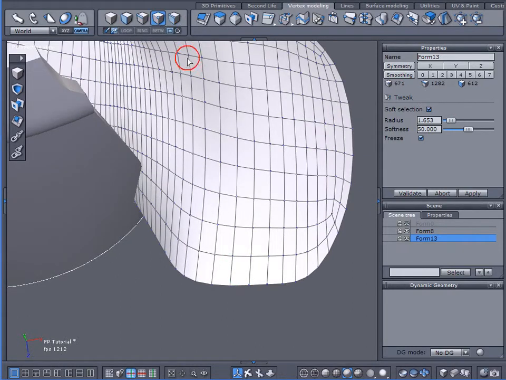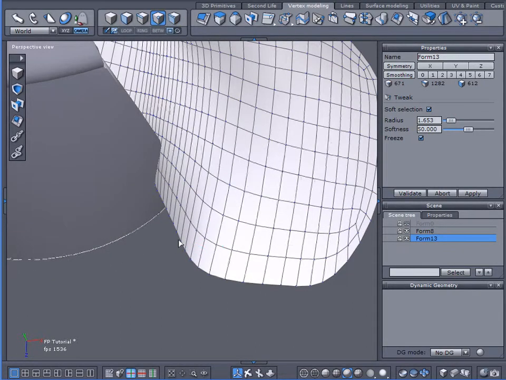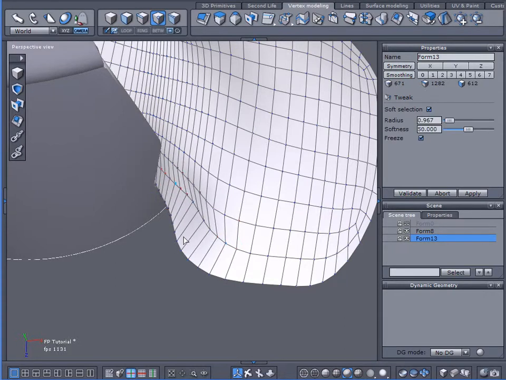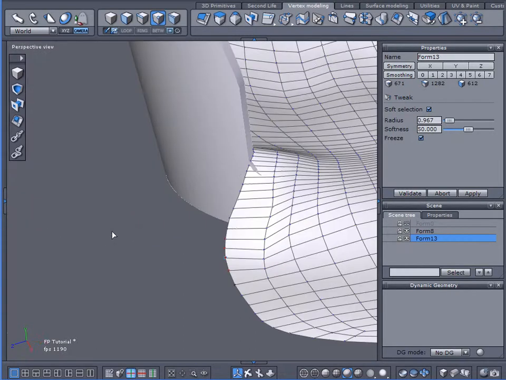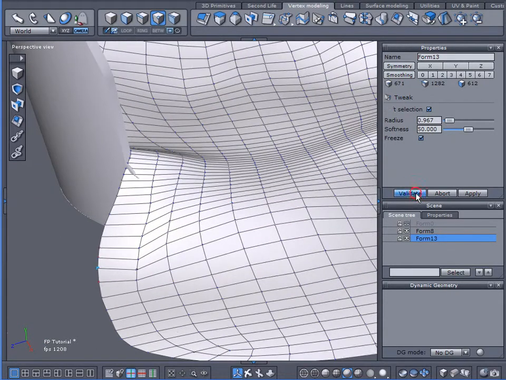So point mode, now I'm going to undo that, drop the radius down some, pull this out, and now I can bring this back so it looks like there's some thickness to it. And validate that, come back,